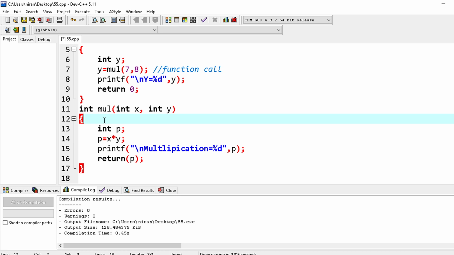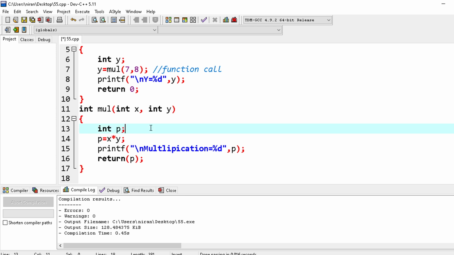Because p is a local variable, the scope of this variable is local. You can declare this variable inside a function, and you can access it as long as the flow of control stays in the function where you declared or initialized it. I mean that if you declare a variable in a particular function, you can access it in that particular function, not beyond it, and not in another function. You can access it like this if the scope is local.